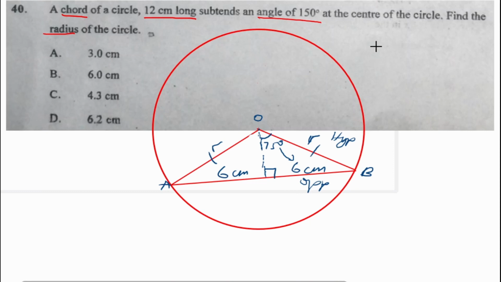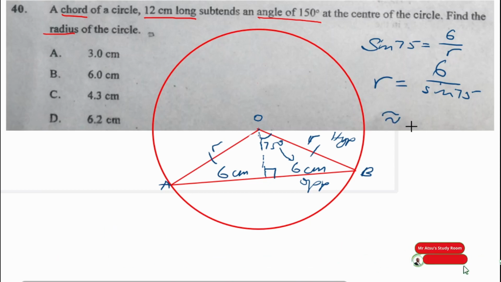So the setup is going to be sine 75 equals opposite is 6 divided by r, which is the radius or the hypotenuse. Cross multiplying, we are going to have r equal to 6 divided by sine 75, and that will be approximately